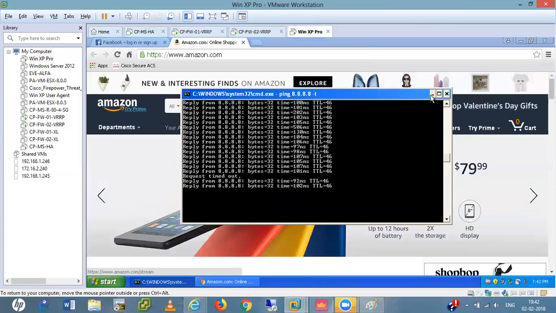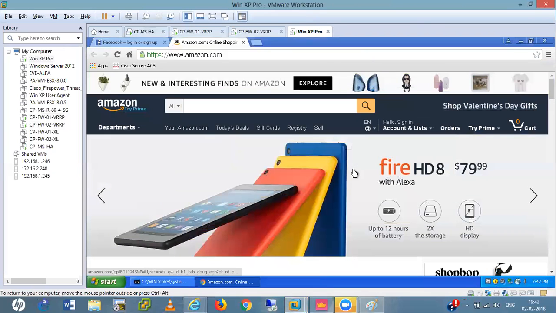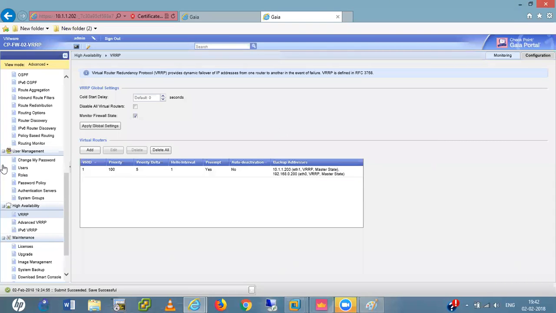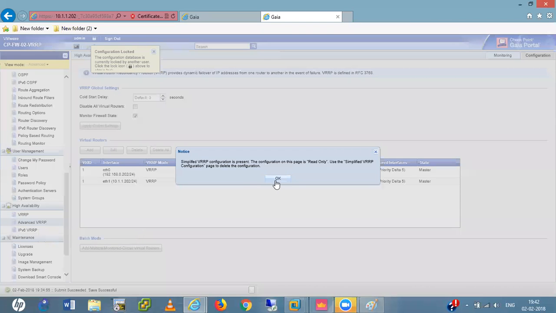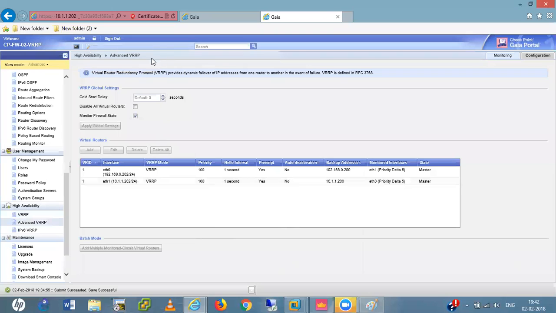And what is the difference in VRRP advanced? Here I saw it in real life. So that is the concept of routing and switching. VRRP advanced, yeah, I'm not aware of this VRRP advanced and all this stuff. Open that log command. Which one? No, nothing. The mode is VRRP priority, hello second, auto backup, monitoring, master. I think in VRRP advanced we get this information. And this is for IPv6.